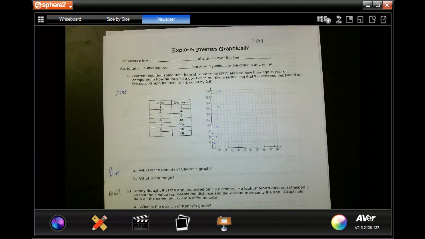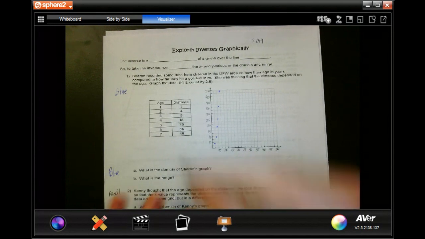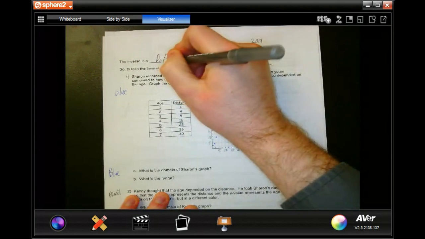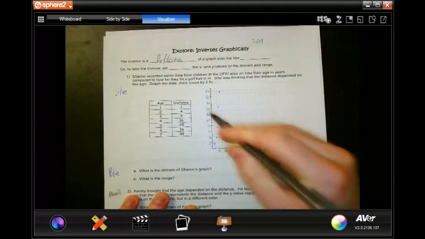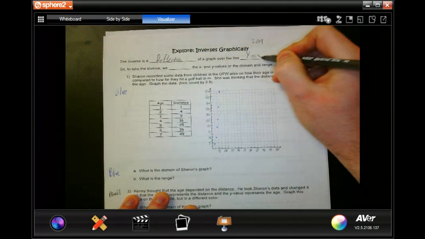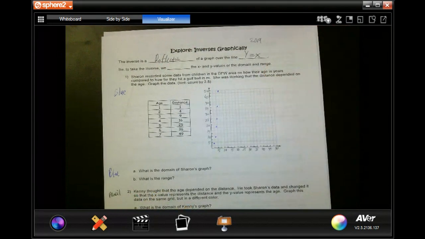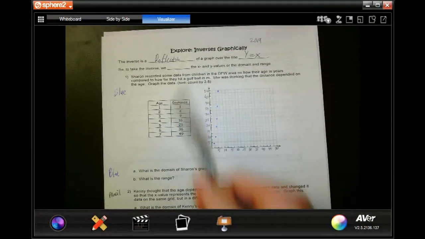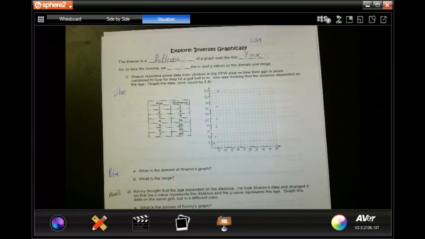Okay, well, where's y equals x going to go? Yeah, good. A lot of people either forget this or they need to revisit this. An inverse is going to be a reflection. Good. An inverse is a reflection over the line y equals x. Okay, all lines are equations. Even x equals 5 as a vertical line is an equation. So to take the inverse, and this is actually an algebraic step as well,